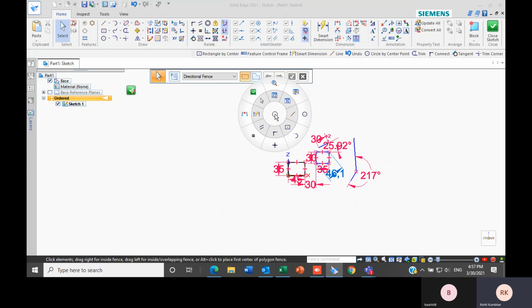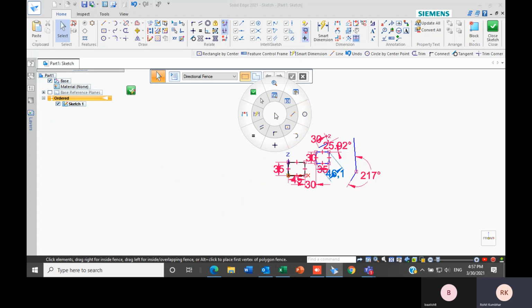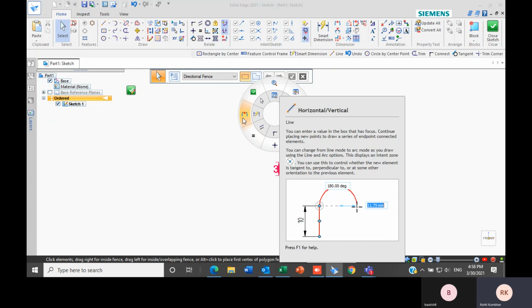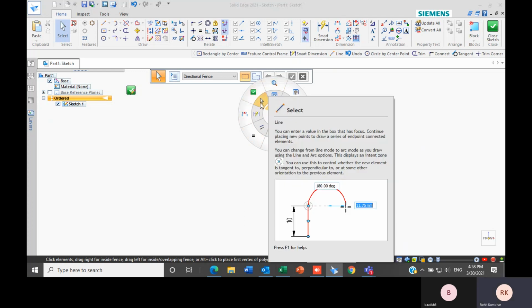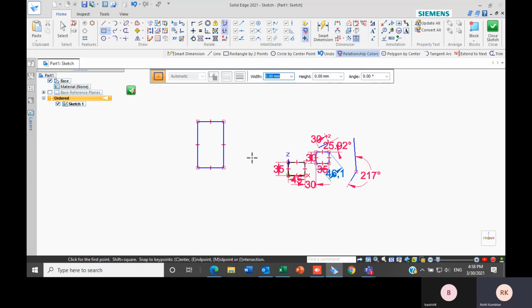If I just simply place the right button of my mouse and keep pressing it, as you can see here, this radial menu will appear, and here you can see there are different commands shown, related to the sketching environment. That is line, circle, rectangle by center, then connect, horizontal, vertical, the dimensions. This is the radial menu through which we can simply go to the commands